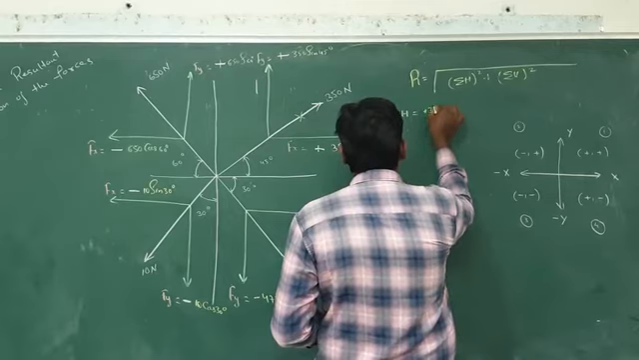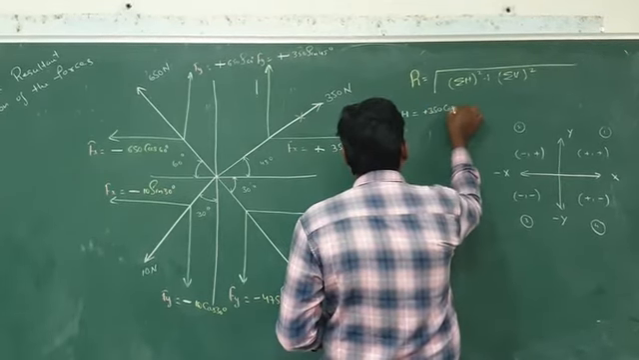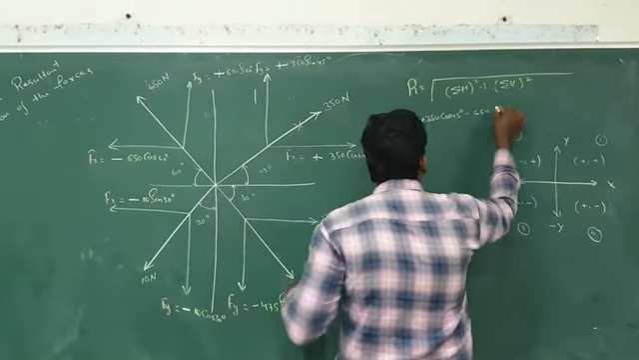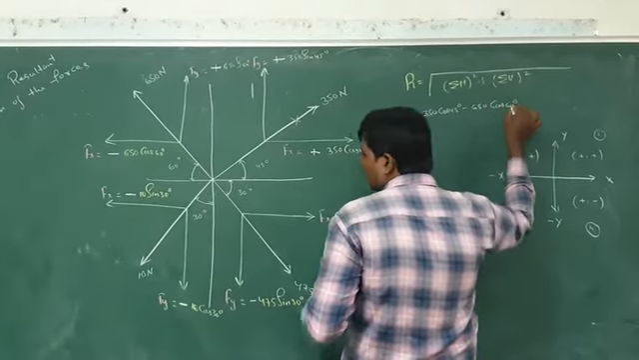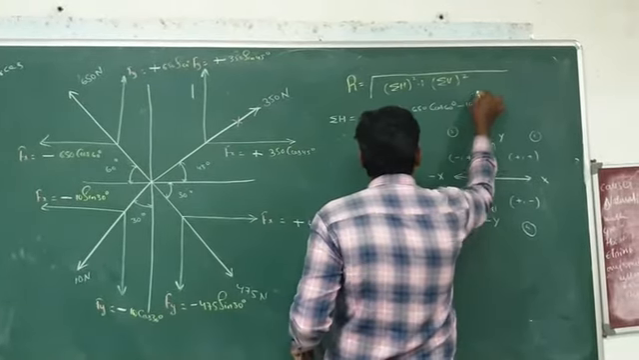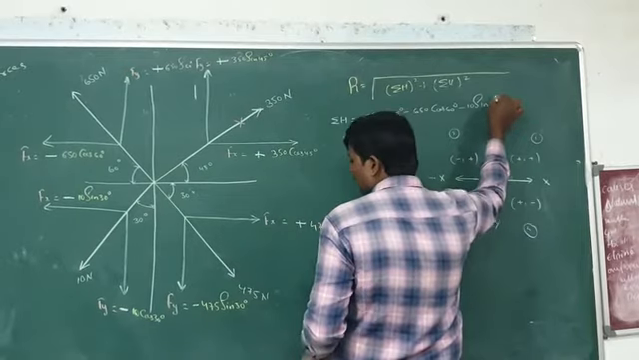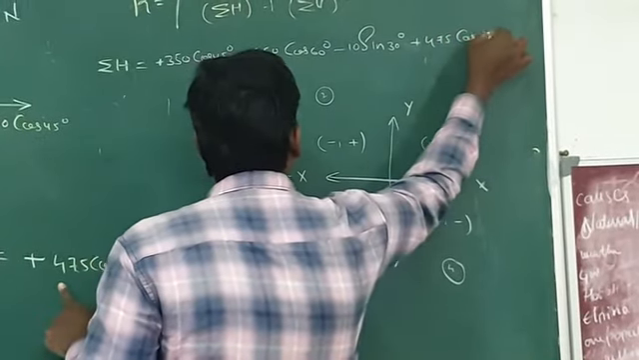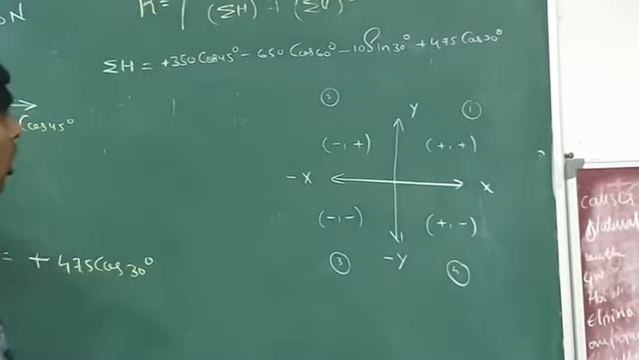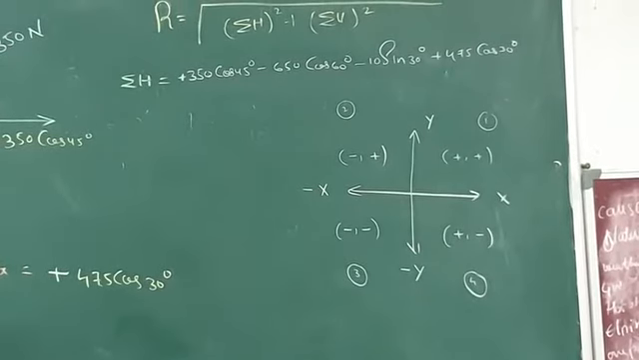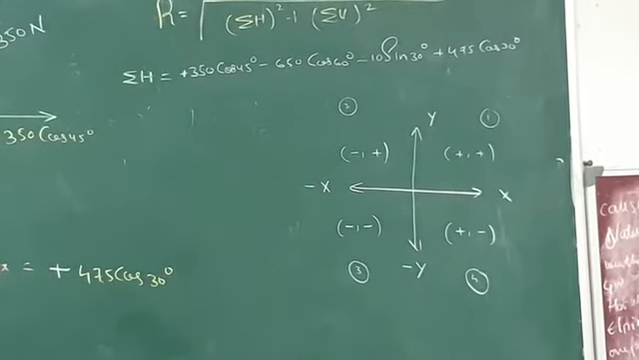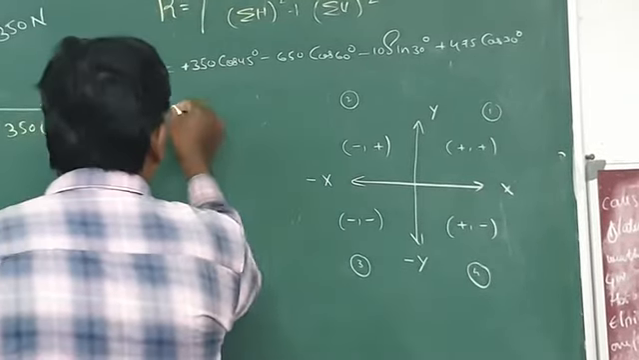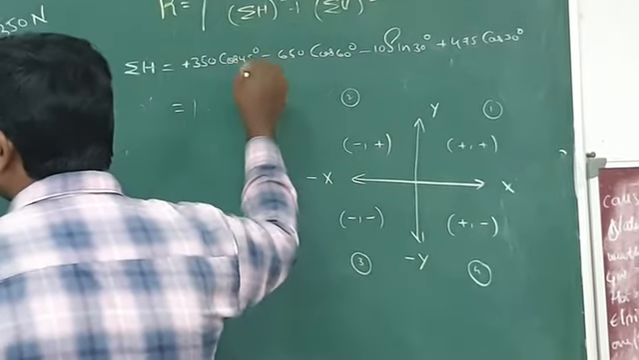What is the sign here? Plus 350 cos 45 degree. Next one is minus 650 cos 60 degree. Next one is minus 10 sin 30 degree. Next one is plus 475 cos 30 degree, like this. 350 cos 45 degree, 650 cos 60 degree, minus 10 sin 30 degree, 475 cos 30 degree. Like this you have to write down, and after writing this, with the help of a simple calculator, if you calculate you will get the answer like this,